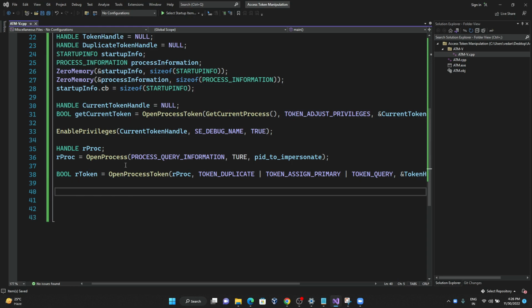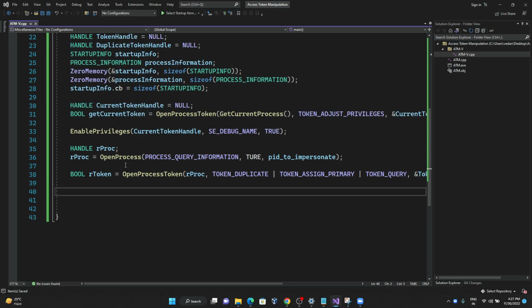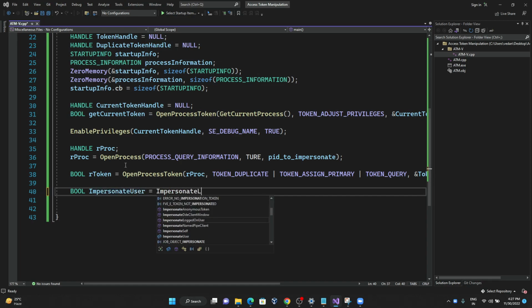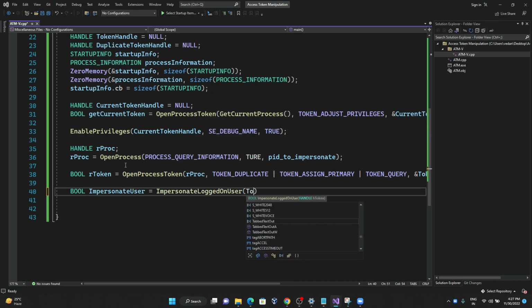And then we use the ImpersonateLoggedOnUser function to impersonate the current user's token. So I'll just say bool impersonateUser is equal to ImpersonateLoggedOnUser, where we specify the token handle,